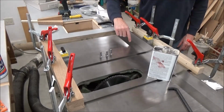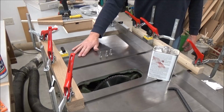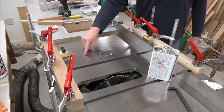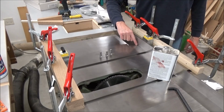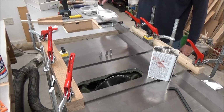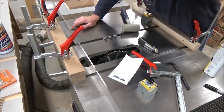So I've got shims on here. You couldn't see it, maybe you did when I brought the table in. I've got aluminum tape on these 3 sides. I'm going to put one more piece on this side to try and raise this up just that little hair right there. So with my straight edge, I can see that I'm tight